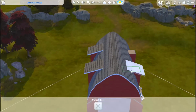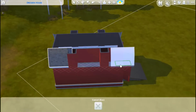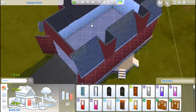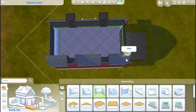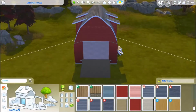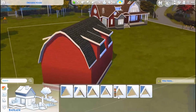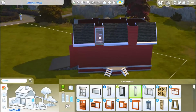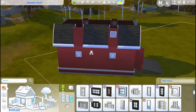So yeah, I had a lot of fun with that, and I even used some of the debug items, which is something that I don't normally do either. I used some of the Spooky Day stuff, debug pumpkins that you could get in the debug menu, and I made a little pumpkin patch / orchard or whatever on the one side, in the one corner of the farm. There's a lot of rows of pumpkins and some trees that I thought might be like orchards,